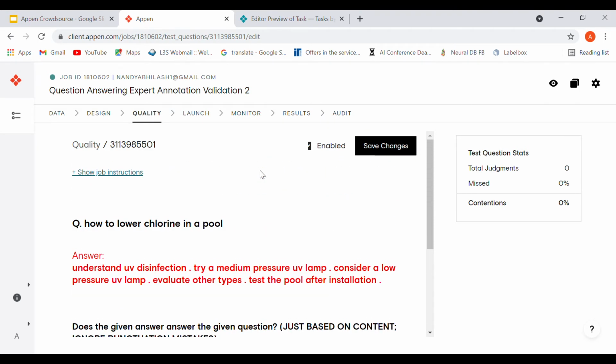Based on the number of test questions that you give, you can also pass a threshold, which I'll show you later. If the percentage of test questions that an annotator answers correctly is lesser than the threshold, then the annotator would be flagged, and their annotations won't matter in the final results. So that is one filtering technique that is used.